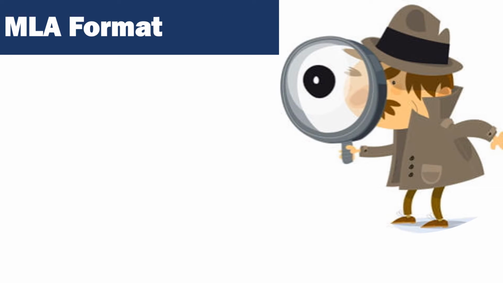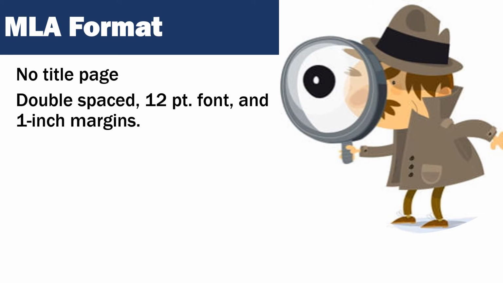We will now discuss the formatting of MLA. There is no title page in MLA. The title and your personal information will go on the first page of your writing. The paper should be double-spaced, 12-point font, and 1-inch margins. Most of these requirements are already set to default on Word. Please do not try to alter these defaults to make your paper longer or shorter. It's very obvious and will end up getting you into trouble. Also, I will mention that there are no longer specific restrictions on which font to use. Word now defaults to Calibri, which is alright to use, but traditionally you would use Times New Roman.